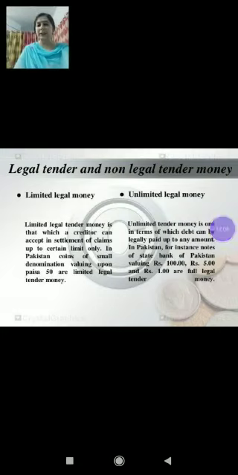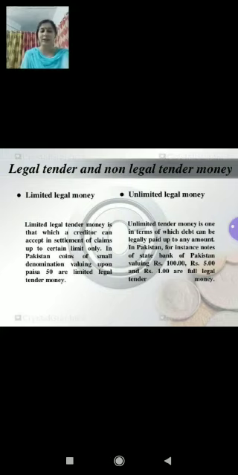Children, basically limited legal tender is that money which is accepted as legal tender only up to a certain maximum amount. It cannot be forced upon the people beyond that limit. In India, coins of small denominations like 5, 10, 20, 25 paisa, I am talking about the paisa coin, right, are legal tender only up to rupees 25. That is, you can force a person to accept the payment till rupees 25. However, they have been taken out of circulation now, but a person may refuse to accept it beyond that rupees 25 limit. And what is unlimited legal tender?